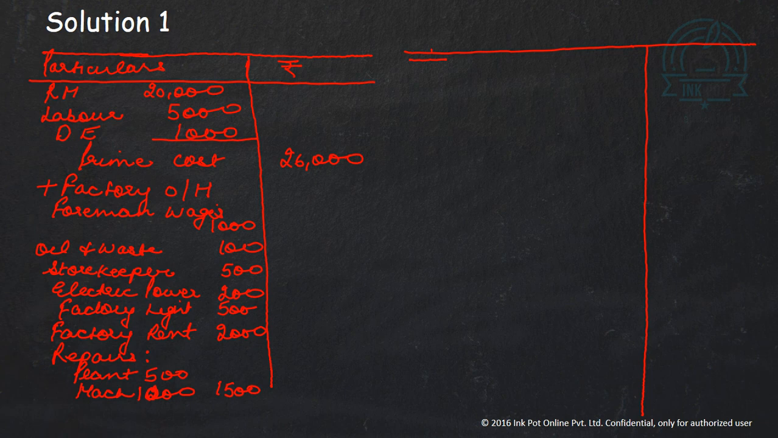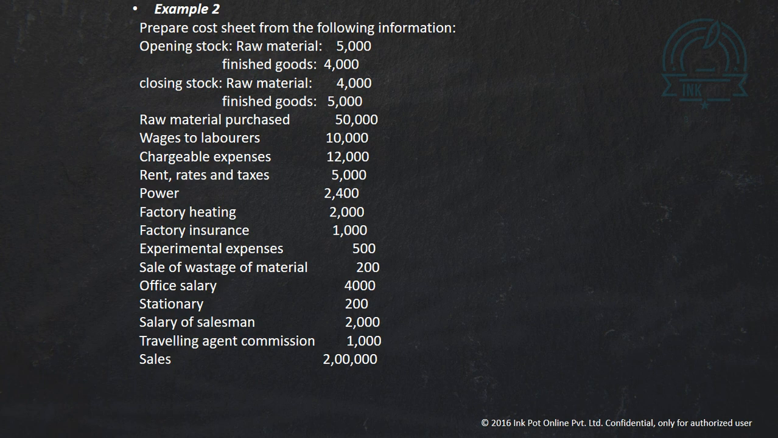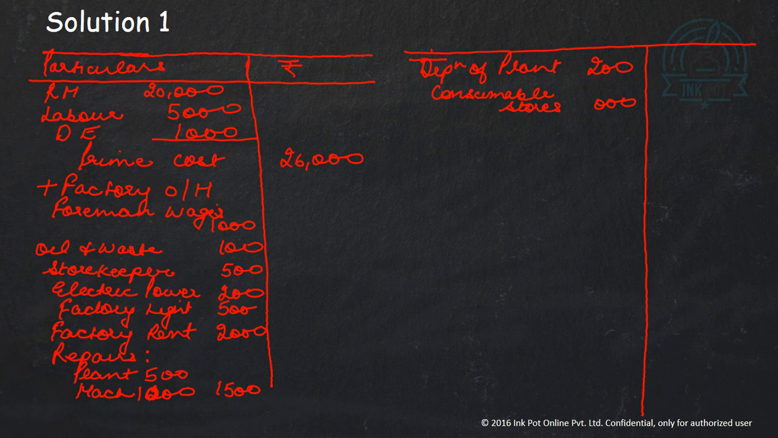Right. Now after that we had depreciation of plant rupees 200 and consumable store as 100. Sorry, 1,000. So when we will add, it is 1,000. So when we will add all the factory overheads